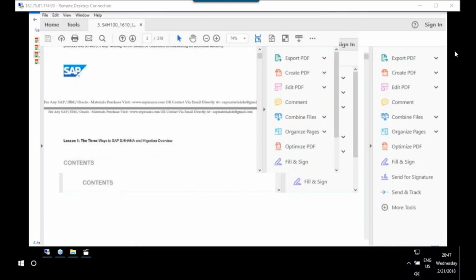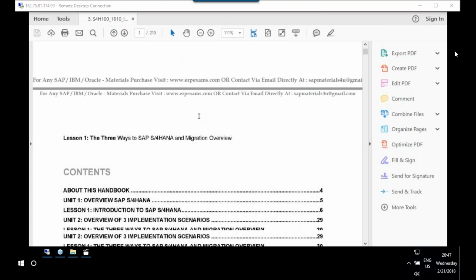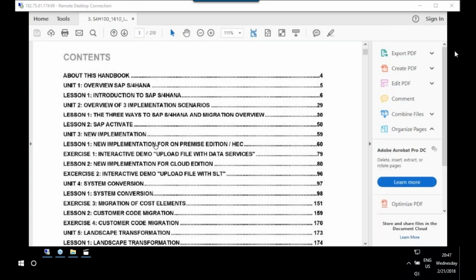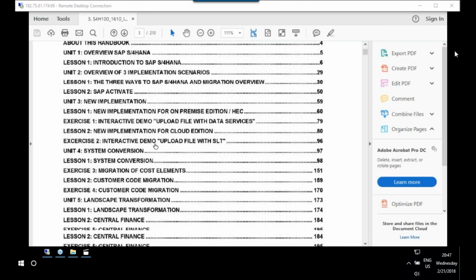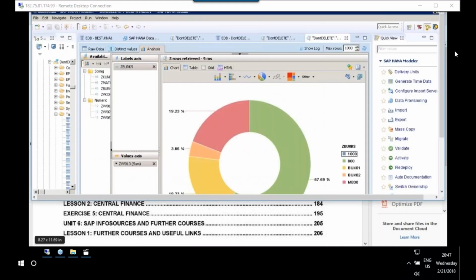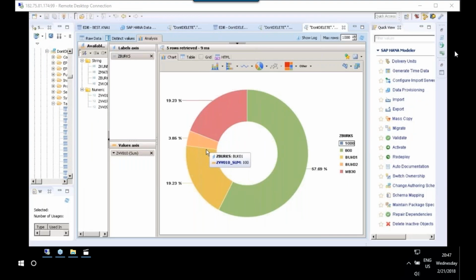Now please see participants, there are 3 implementation scenarios: a new implementation, system conversion, and landscape transformation. I'm trying to show you how we can do landscape transformation. In the landscape transformation, what I'm trying to show you is how we can migrate data in real time using SLT. So participants, if you see, when I click on this data provisioning,